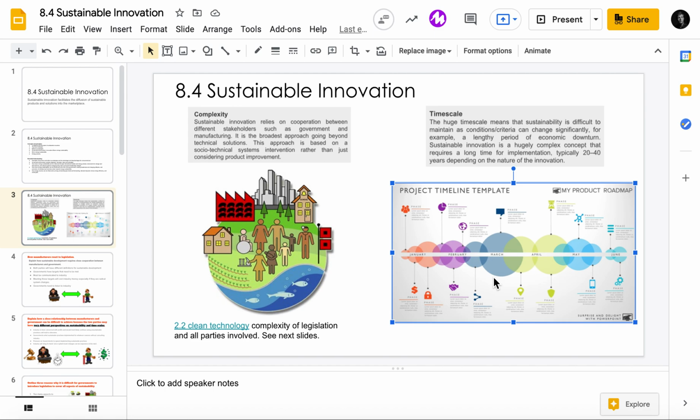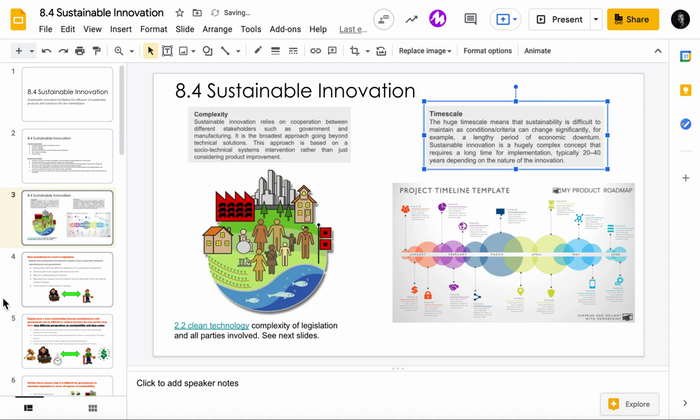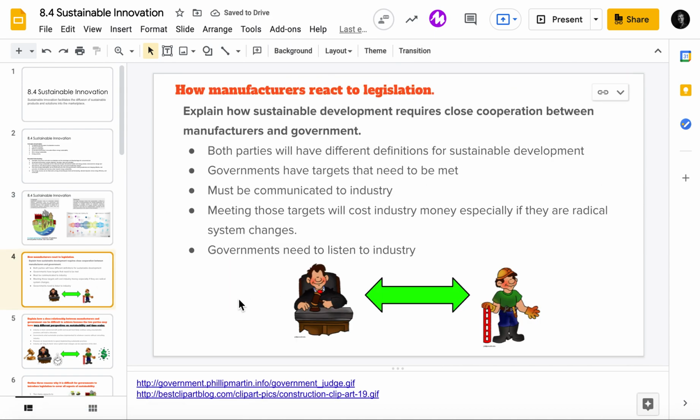Along the same line, it takes time. The time scale is really long. To innovate and come up with new ideas, especially with sustainability, it's not that easy. It takes a long time. Here's a project template or timeline, so you can see how things change and what happens along this entire timeline. Remember, some of those LCA, life cycle analysis, take time. How all that process and products work takes time. So that's the biggest thing: in order to create sustainable innovation, some challenges are this complexity and this time scale.